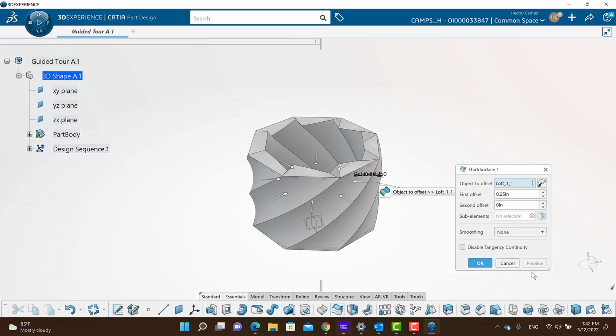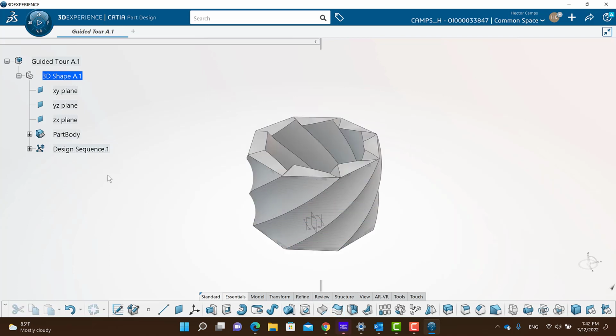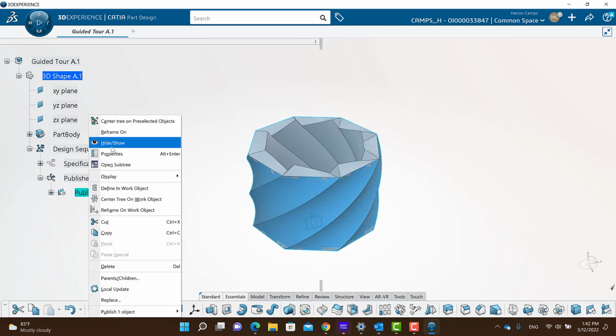0.25 seems to be holding better together. I'm going to go ahead and hit OK. Now, the original model is still in this design sequence information, right? Here's the published geometries. This is what we published, right? If I hide that,